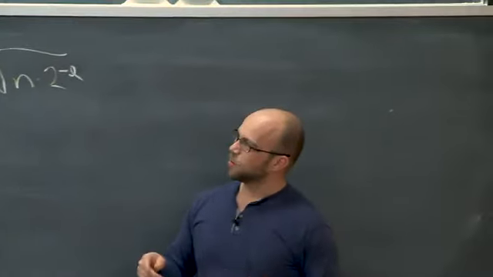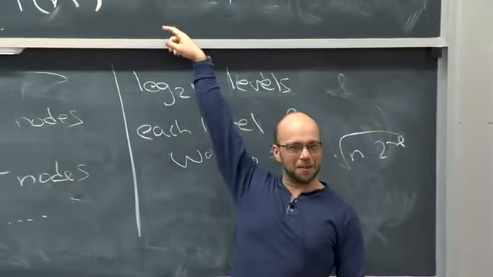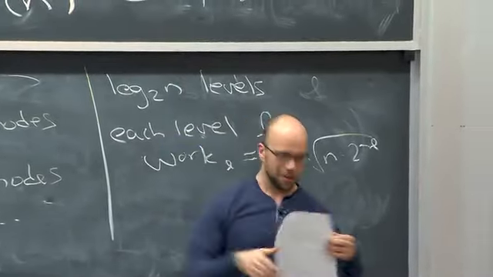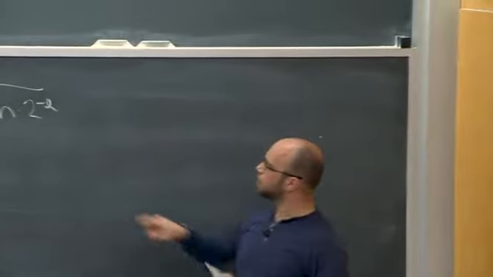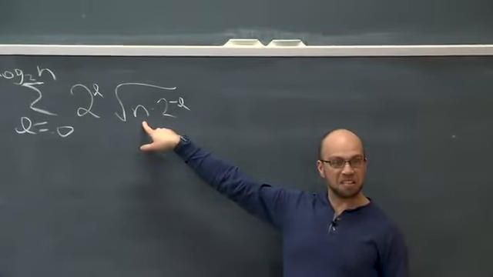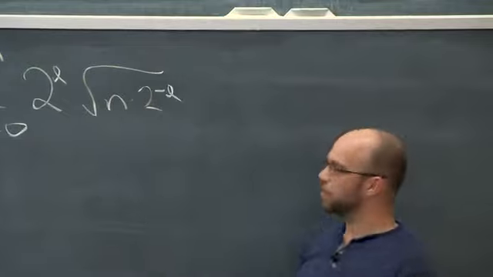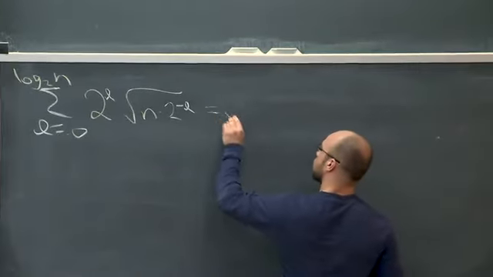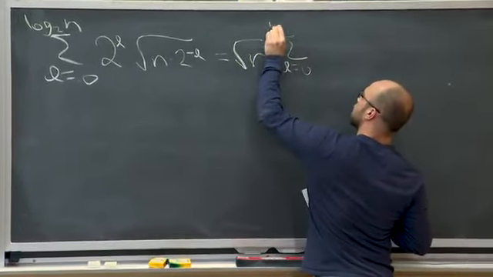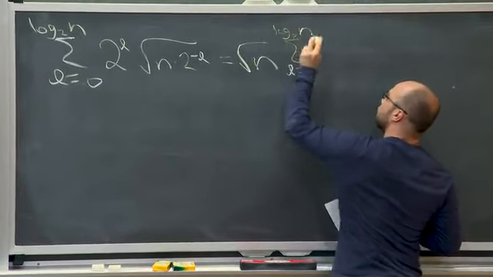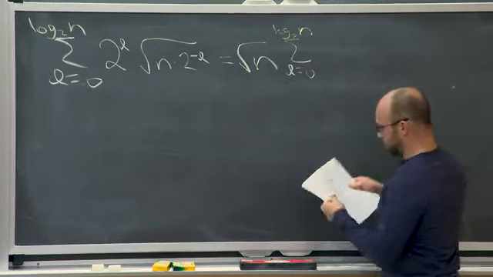OK, and then what we know secretly from the master theorem is that we suspect this is going to be theta of n, right? So that's all we have to check. OK, so let's do that real fast. First of all, notice that this n term doesn't depend on the summand, so I can just pull it out. So this is the square root of n times the sum over L equals 0 to log base 2 of n of